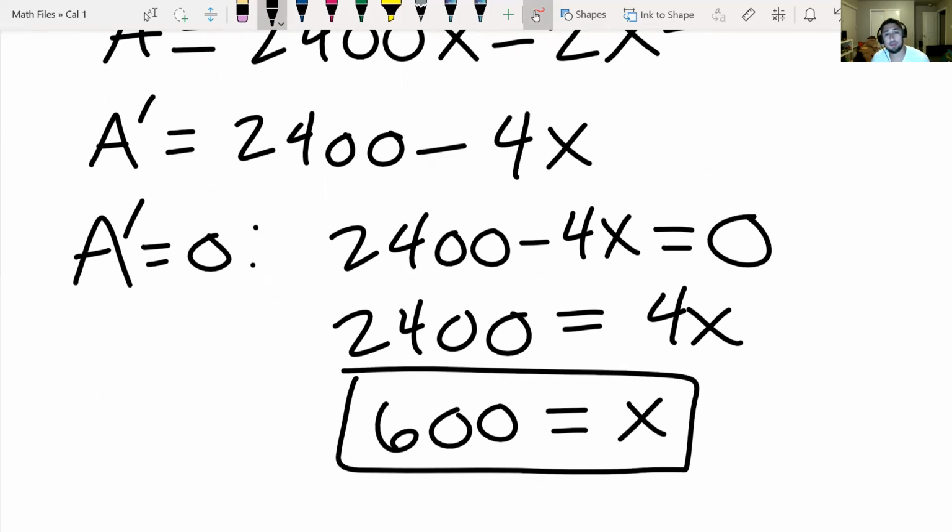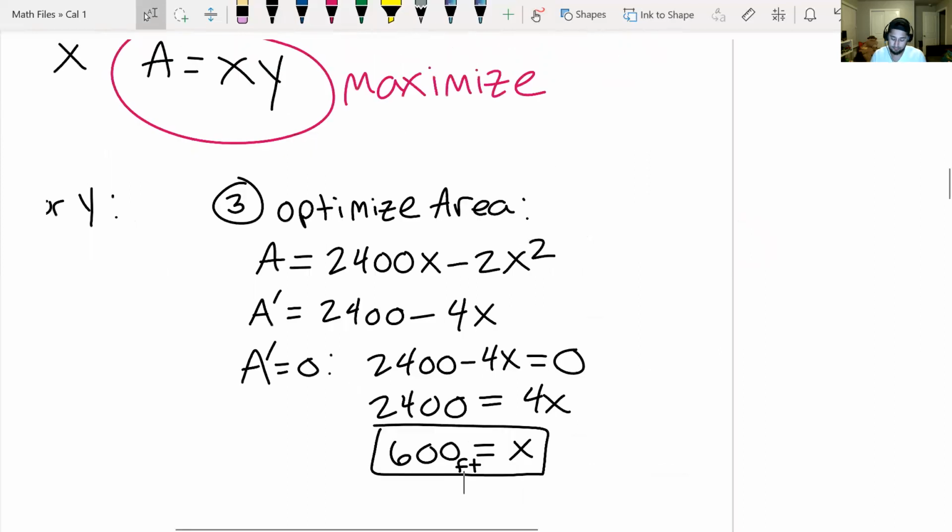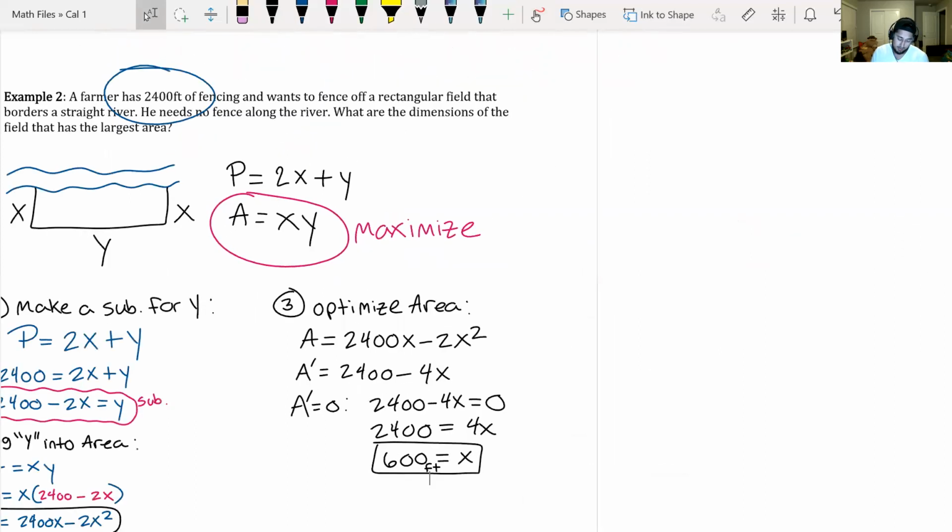And that is 600 feet. So in order to maximize the area of this rectangular field, the length of x has to be 600 feet, which means all we have to do now is find y,